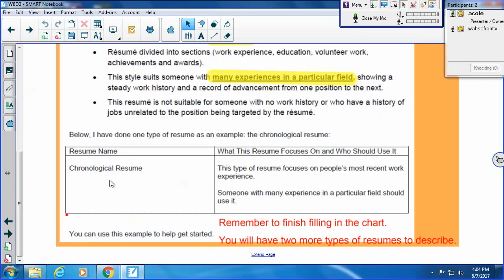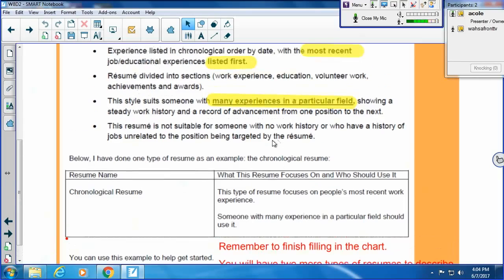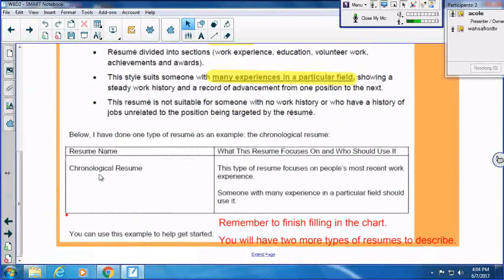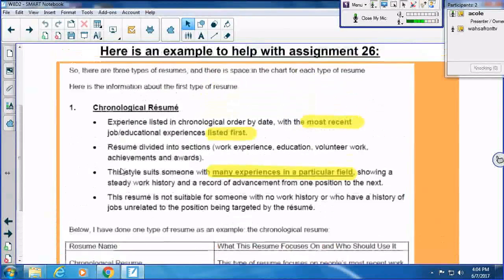So we'll look at the different descriptions in the textbook, and we'll put the information together so that you fill in the chart. And what I thought I would do is take the example of the first type of resume, the chronological resume, and explain how you would take the information in your textbook and use that to fill in the chart in your workbook.